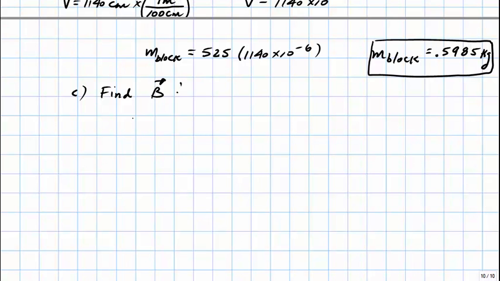The buoyant force equation states that the buoyant force equals the density of the fluid times the volume of the displaced fluid times G. Now the fluid is water, so we know that the density equals 1,000